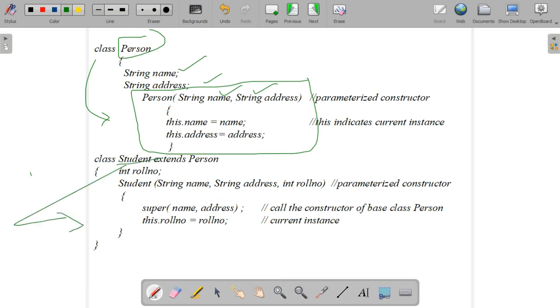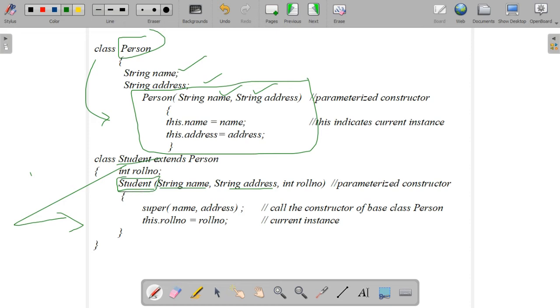So the person superclass has a parameterized constructor, and that constructor is called inside the derived class constructor. First you have to write the derived class constructor along with the superclass parameters. First you have to put the superclass parameters. After that you should add the subclass parameter.